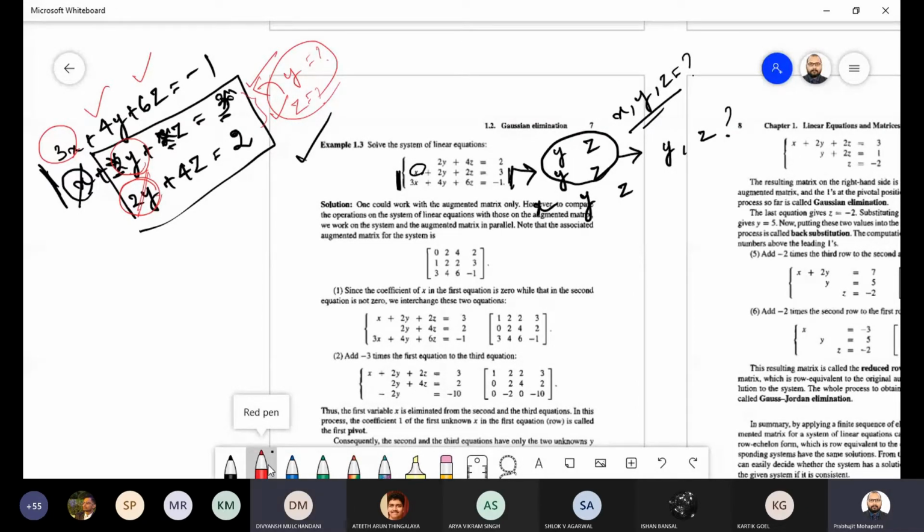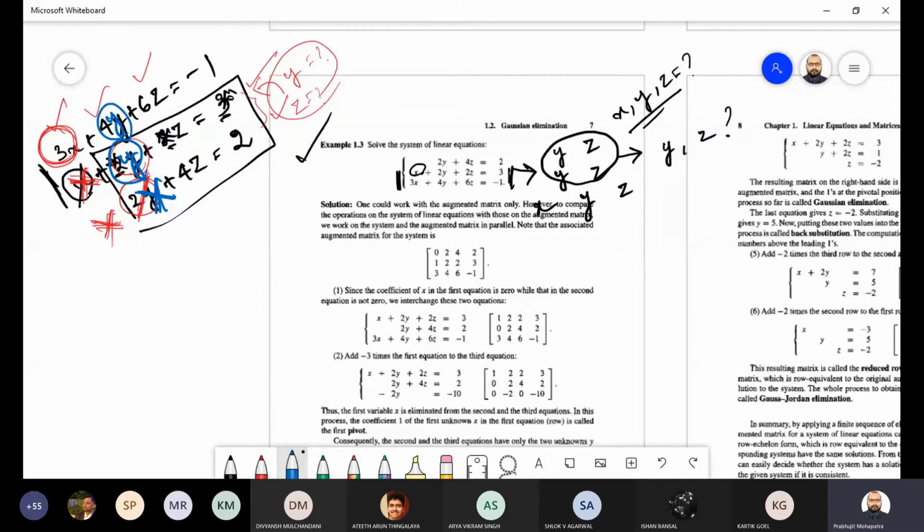Yes, sir. This is our normal process, and this method is called the Gaussian elimination method. Gaussian elimination method means one variable should be here, but it should not be in other places. See what our process is, what we are doing. The variable should be here, but it should not be here. Then in the second step, we are eliminating this y from here. So the second variable can be here, but it should not be here.